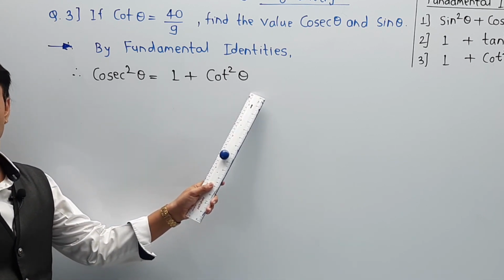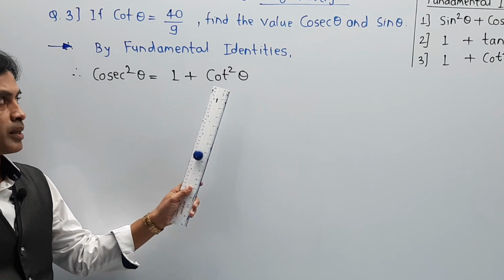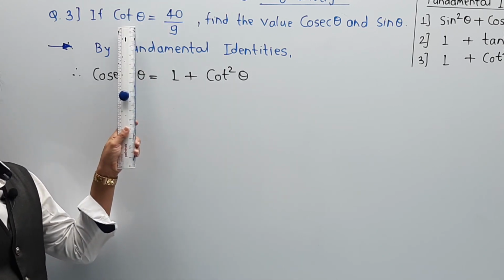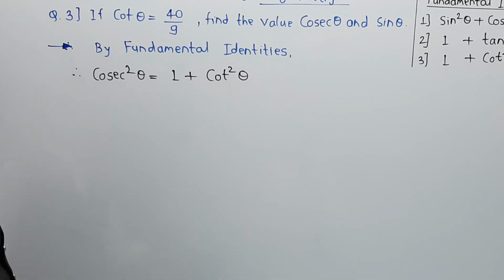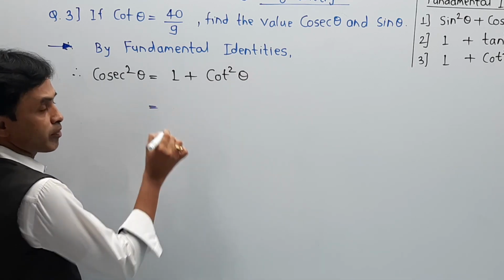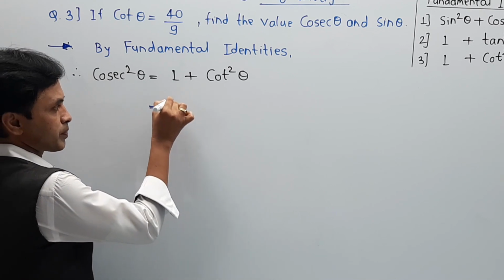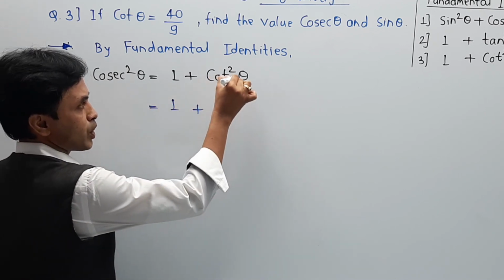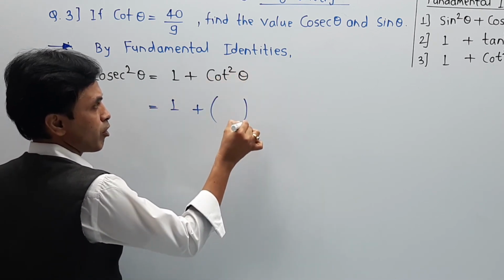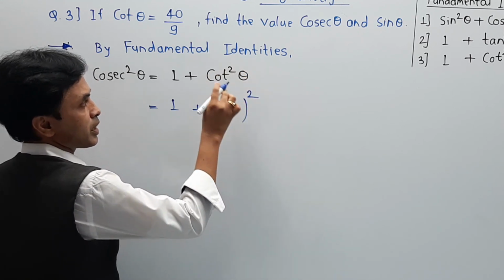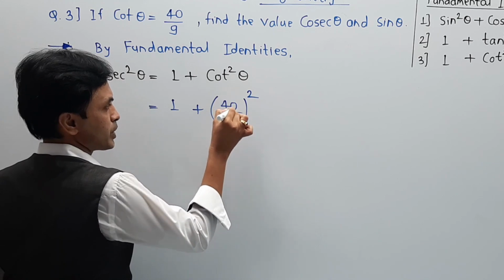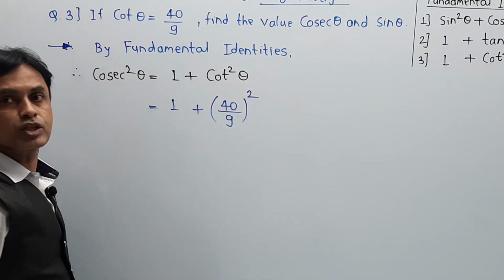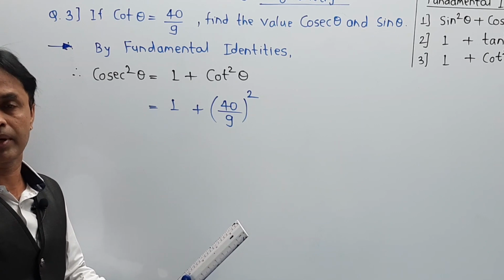Remember they have given over here cot square theta as per property. But if it is a cot square theta, as per value we have a cot theta 40 by 9, and now it is square over here. So simplification, and the part is one by one. Understand this step very carefully. Here it becomes 1 plus cot square theta. So your value of cot square theta, and cot theta is nothing but 40 by 9. So this value becomes 40 upon 9 and bracket square. In this way I have written the part.